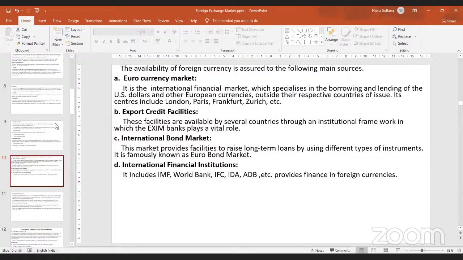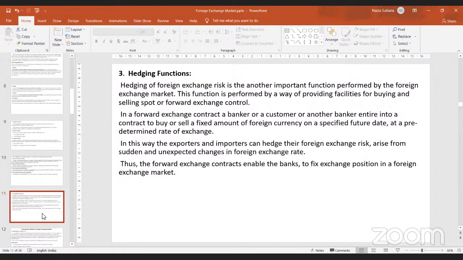So we are talking about the functions of forex market, where we said the first function of a forex market is to make transfer of money, then credit function where they raise money, and these are the sources from where they are raising money. The third function which a foreign market performs is called hedging. Does anybody have an understanding of what is a hedge, what is hedging, the function of hedging? Hedging basically is protection against any kind of a risk.